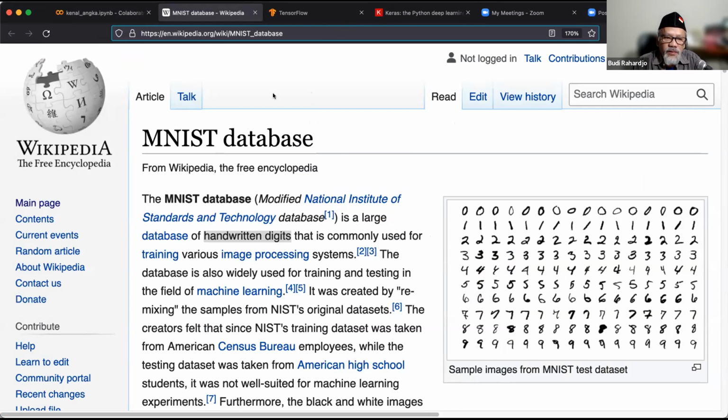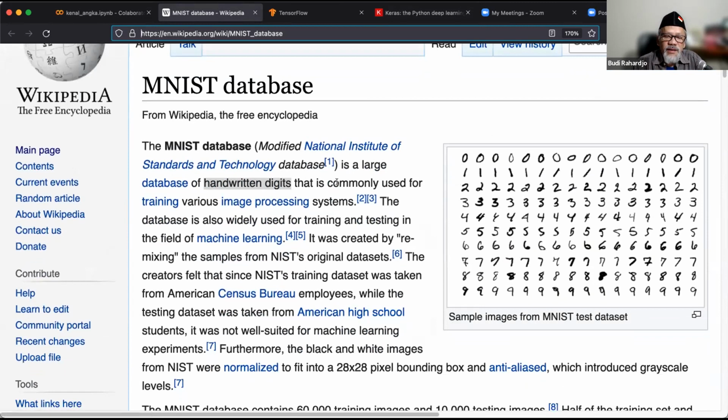If you look at this, this database is actually from the Modified National Institute of Standards and Technology. They created this database, and it is commonly used for training various image processing systems. The database is also widely used for training and testing in the field of machine learning.